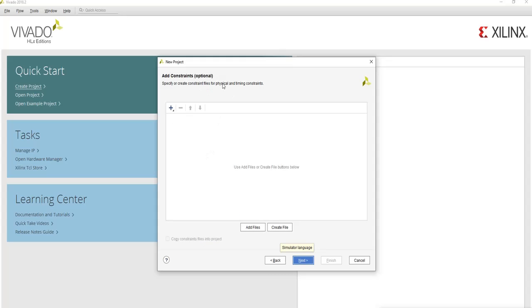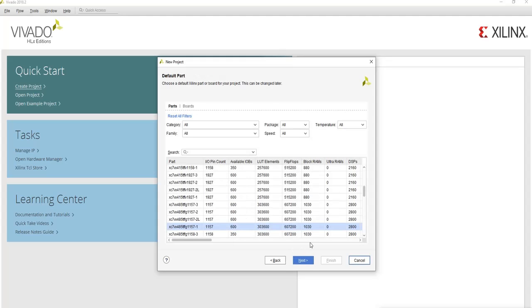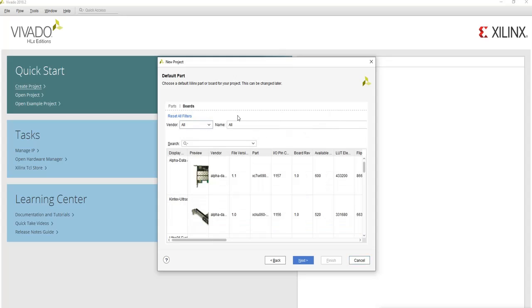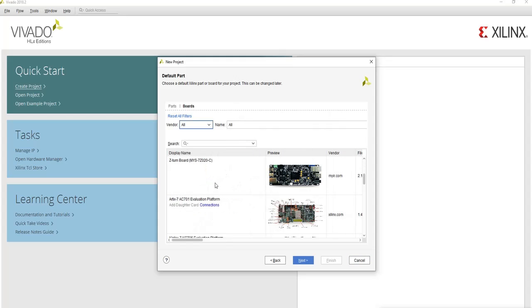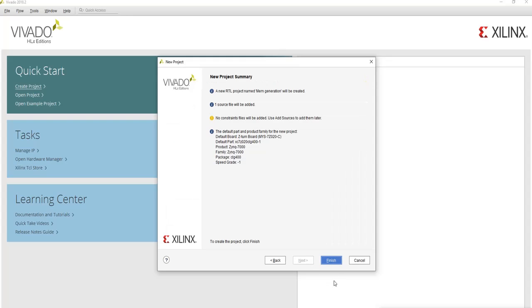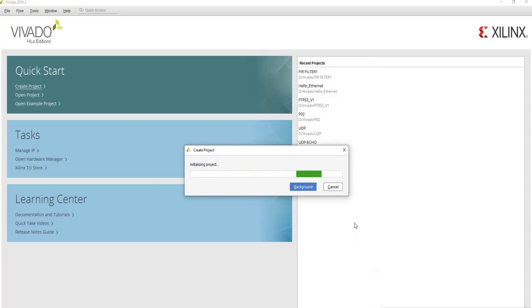Now we'll skip this constraint file as this is only a simulation project. Next. As a board, for example, I'm using a Zynq board, so we'll select it and click finish.